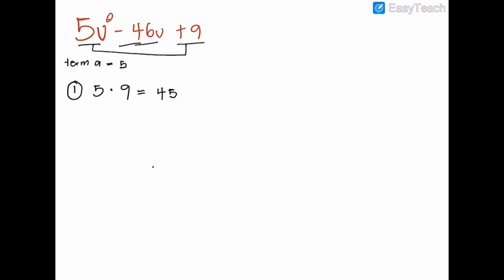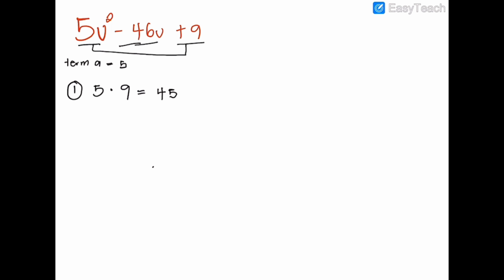So now we're going to take the 45 and say, what are we going to multiply together to give us 45, but also add or subtract to give us the B term, which is negative 46? So we're going to have to start brainstorming. What are we going to multiply to give us 45, but add to give us negative 46? Keep in mind that the negative 46 comes with its sign, so you have to put that into your questions as